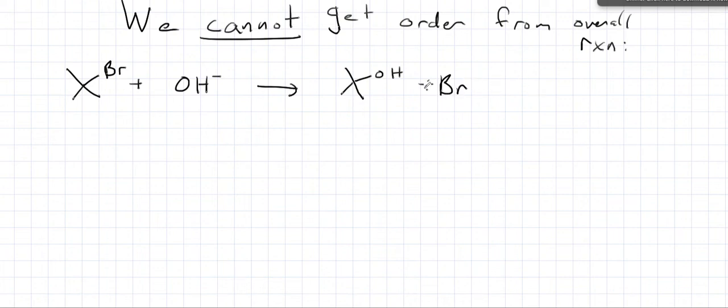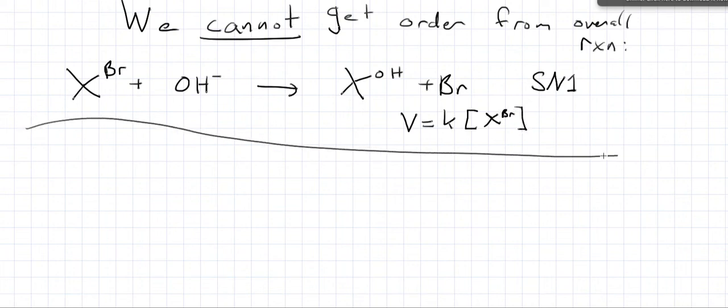And looking at this, because of the steric hindrance, we know this is going to be SN1. In other words, it's going to be a first order. We could write the rate as some rate constant times the concentration of t-butyl bromide. On the other hand, if we had this methyl bromide, we did the same reaction, we know that